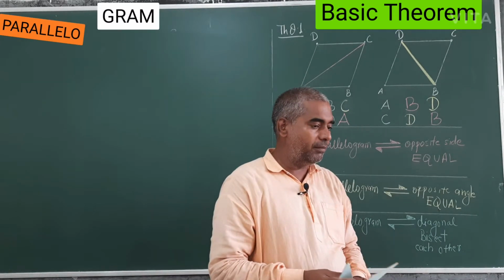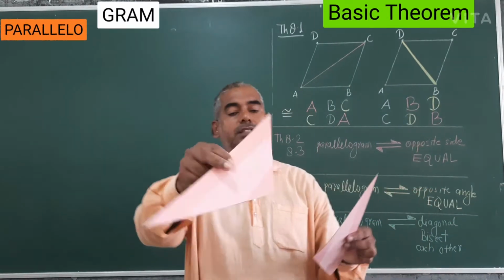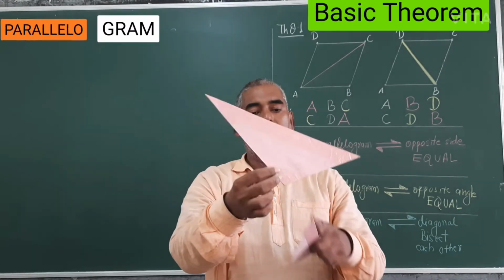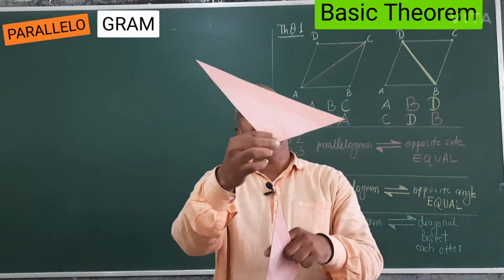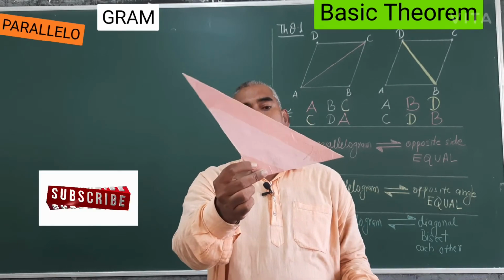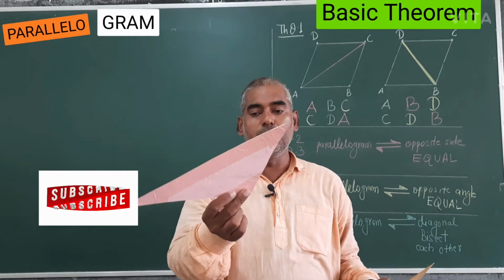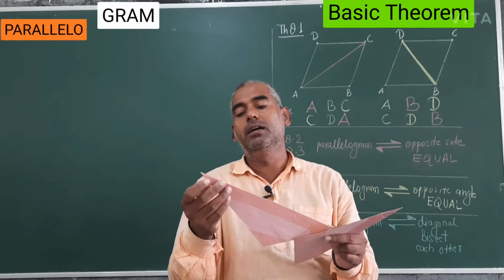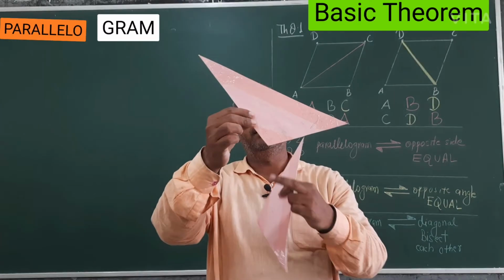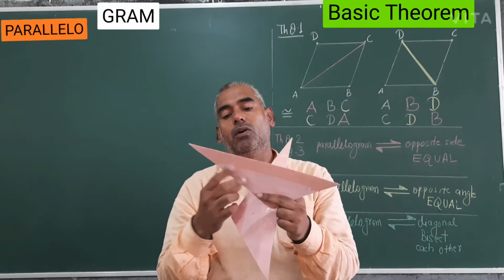Let me take another one. This is not a right angle triangle. Yes, it is more than 90 degrees. This is more than 90 degree angle, so obtuse angle triangle. Obtuse angle, and all the sides are different. So scalene and obtuse angle, the two names based on the angles and sides, because one angle is more than 90, so obtuse angle, and all the sides are different.